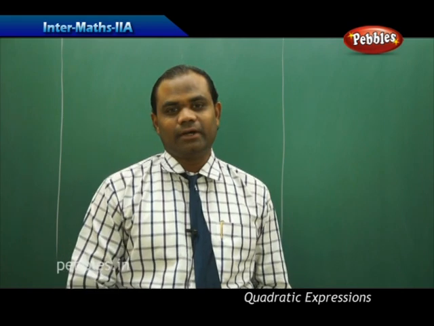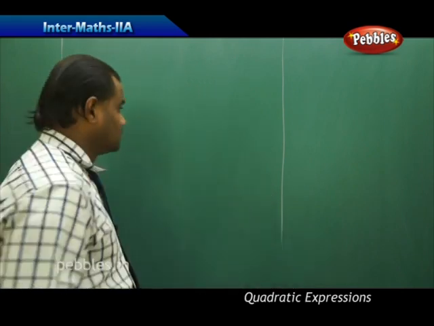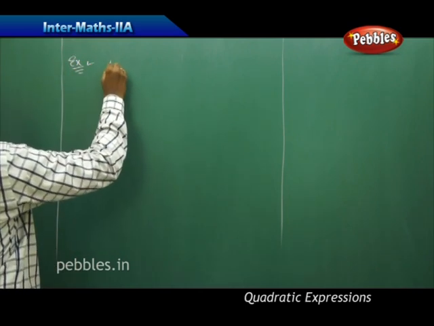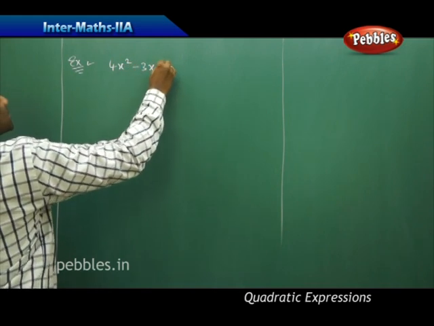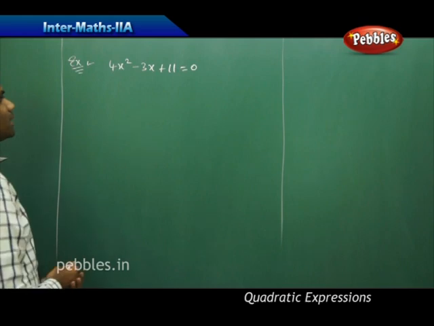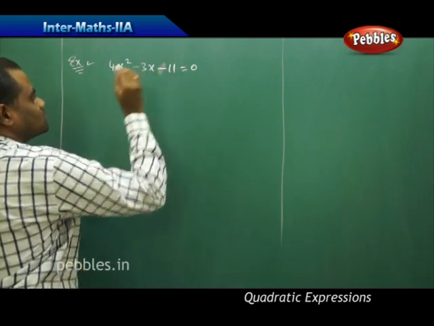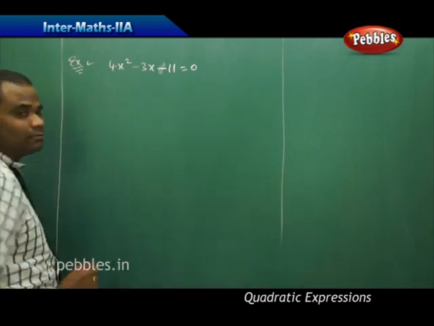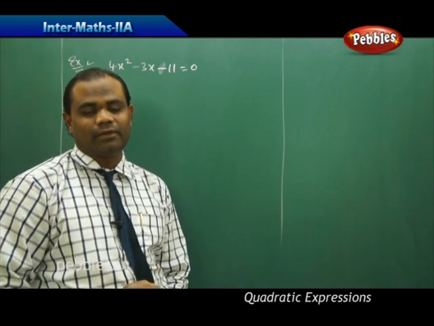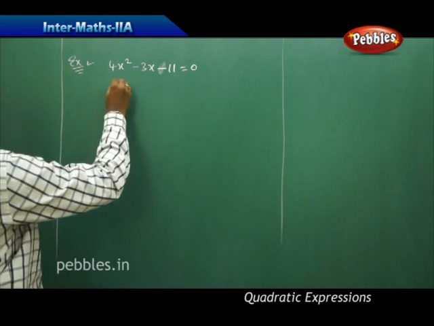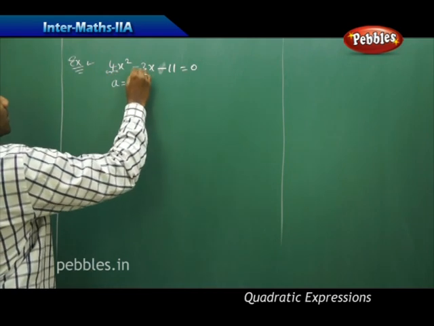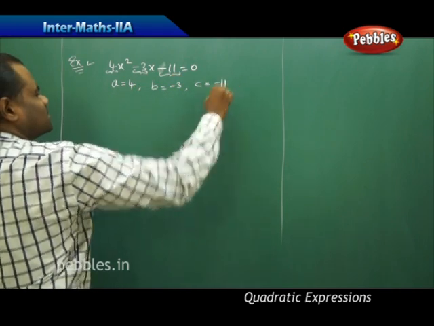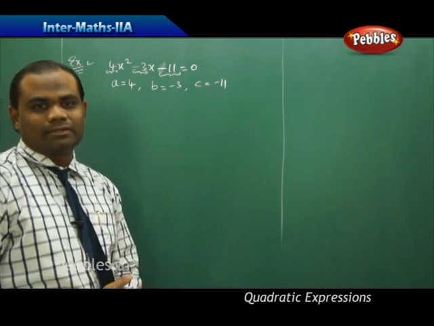So let's take an example to find the discriminant of a quadratic equation. Take the example quadratic equation 4x squared minus 3x minus 11 equal to 0, and I would like to find the discriminant of this quadratic equation. Before we find the discriminant, I identify the values of a, b and c from the given quadratic equation, where a is clearly the coefficient of x squared, and this is b and this is c. So a is 4, b is minus 3 and c is minus 11 are the three constants identified from the